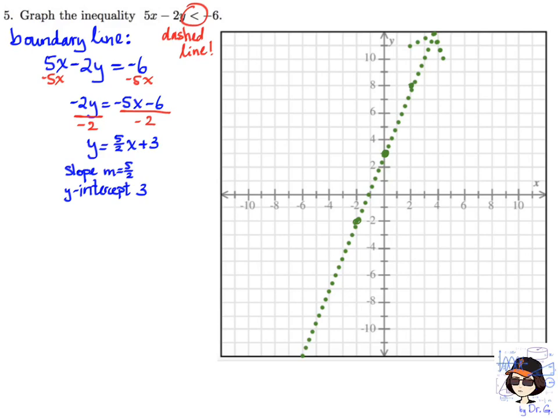To figure out which side to shade, we choose a test point. Choose a point that does not lie on the line. So the easiest one to use, as long as it's not on the line, is the origin, the point 0, 0. And looking at my graph, I can see that my line does not go through the origin, so I can use that. So I'm using the test point